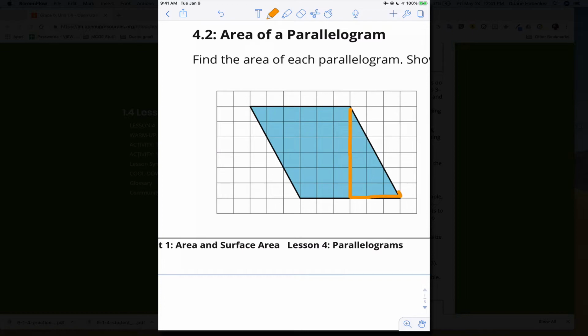They might recognize that, oh, I see a triangle right here. And they might take that triangle and rearrange it, because that's what we've been doing before, recognizing that you could take a shape, decompose it, rearrange it, and you still have that same area. You might have a different shape, but you'll have the same area. So we can see that by taking this and moving it over here,